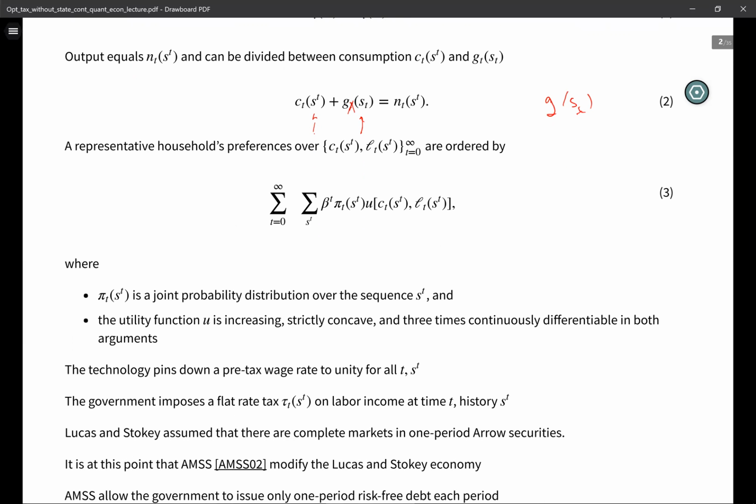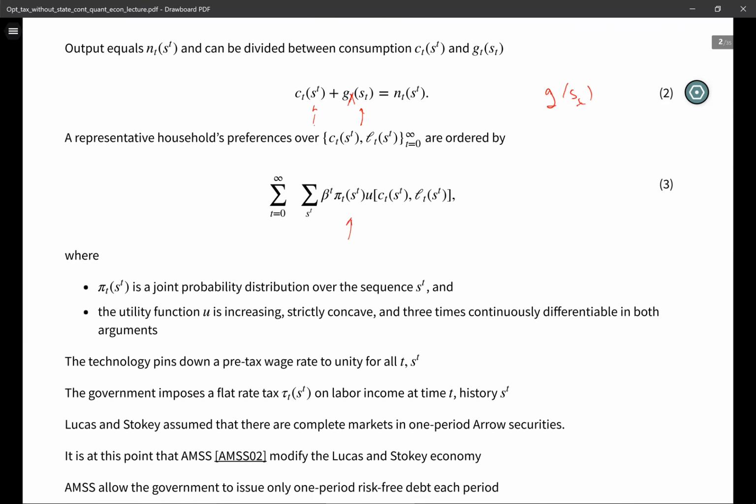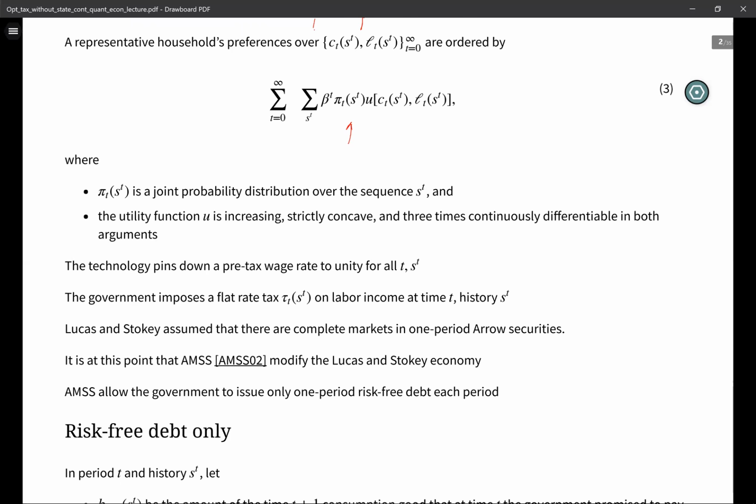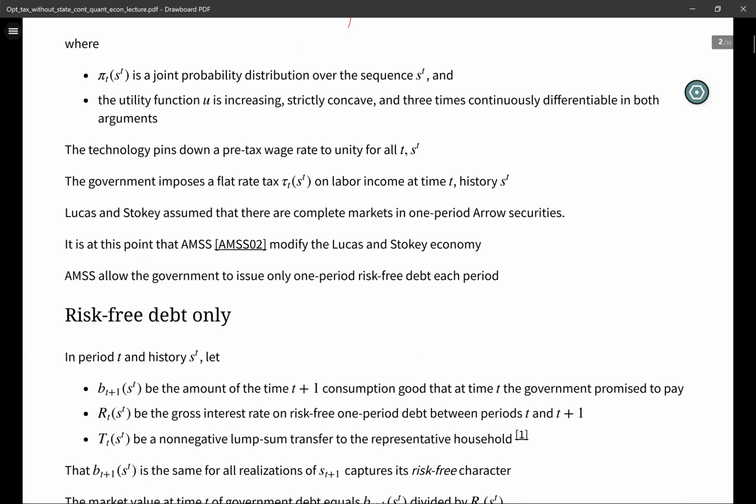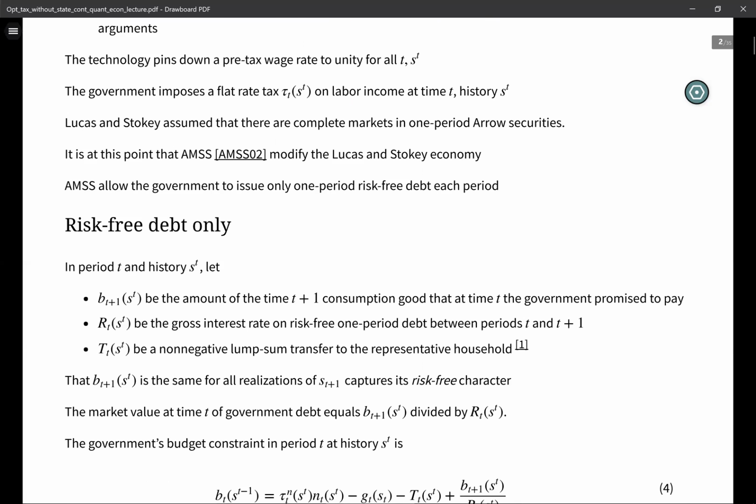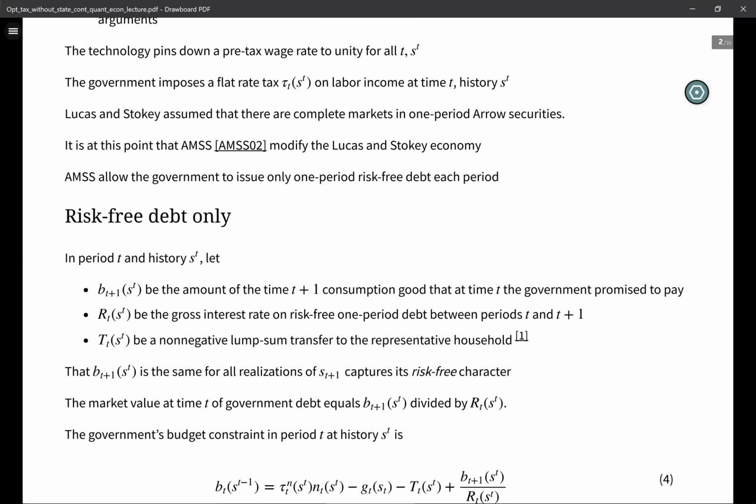And then we have the representative agent. Pi t is the joint distribution over sequence ST. That's going to be the setup. And now that's going to all be common. But now what we're going to have is risk-free one-period debt